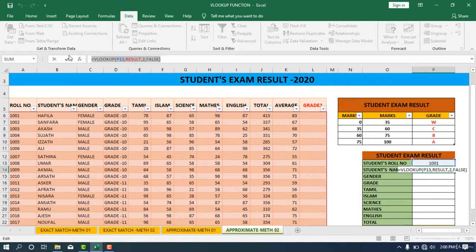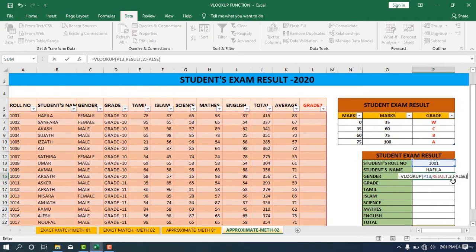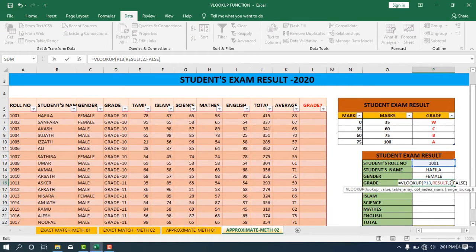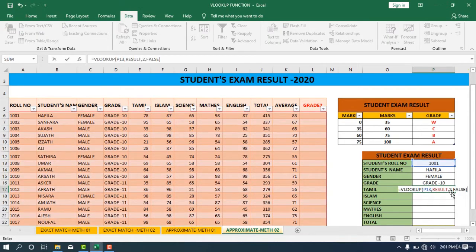Here I can copy the formula, and I'm going to enter it for gender, grade, and everywhere, right? So grade is which column? First, second, third column, because the only change is the column index. So I just copy the formula and apply it here. Gender is the first, second, third column, so I'm going to change the column index to 3, enter, and grade is the fourth column. Grade is the fourth column, and Tamil marks the fifth column,